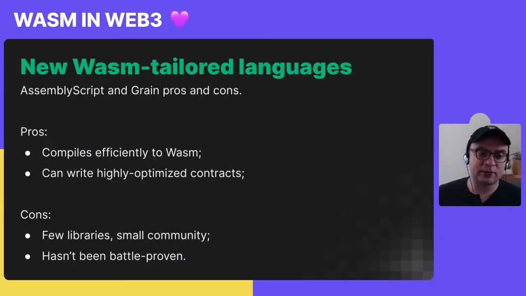The disadvantages, of course, of these languages is that they still have a small community. That means you have very few libraries. And it's still the case that when you want to write a smart contract in AssemblyScript, you need to import an AssemblyScript library. You cannot, at least not on Near, import a library written in another language and compile to WebAssembly yet. We haven't enabled this possibility yet. And also they haven't been battle proven, unlike Rust, which large companies like Google and Mozilla are using for their browser development. AssemblyScript and Grain haven't been battle proven, so we just don't advise our DeFi projects to use them yet.